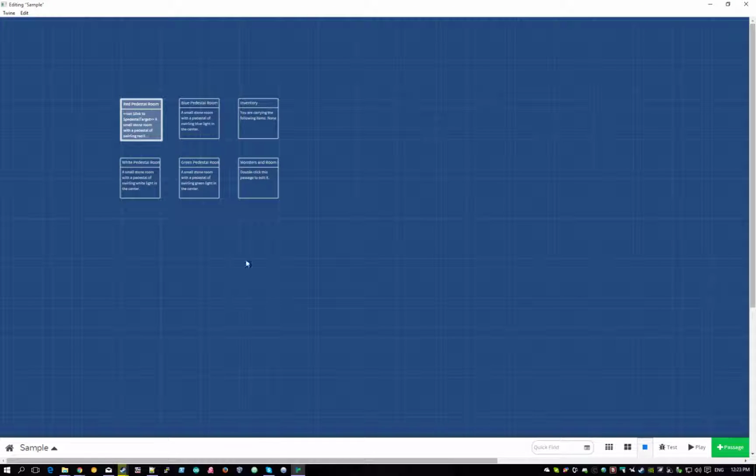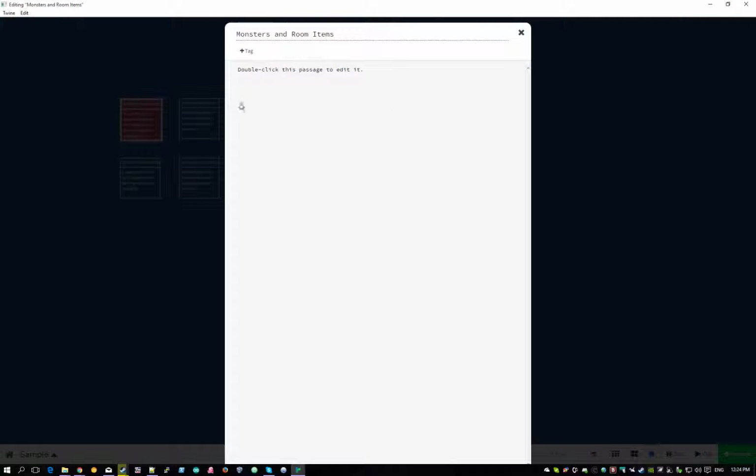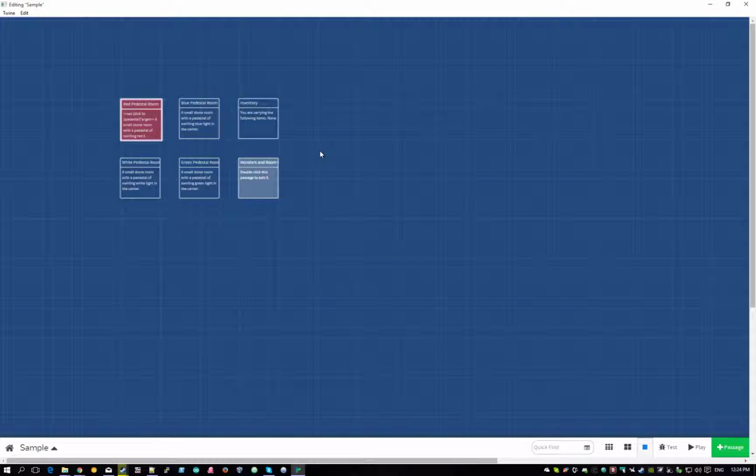And then over here will be the monsters and room items. And the idea is that this will have every monster in the game, every possible room item, etc. So when you're fighting, if you're in the red pedestal room and there's a halberd and some other stuff lying around while you're fighting,